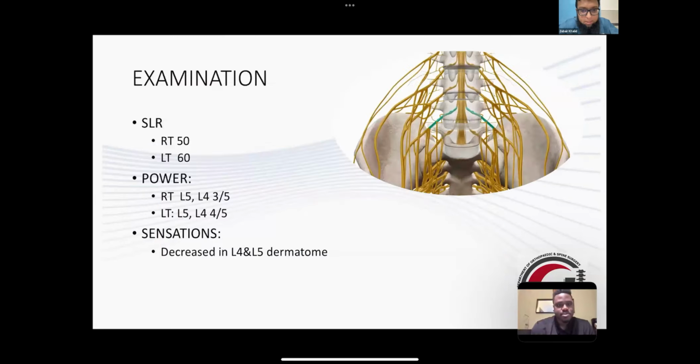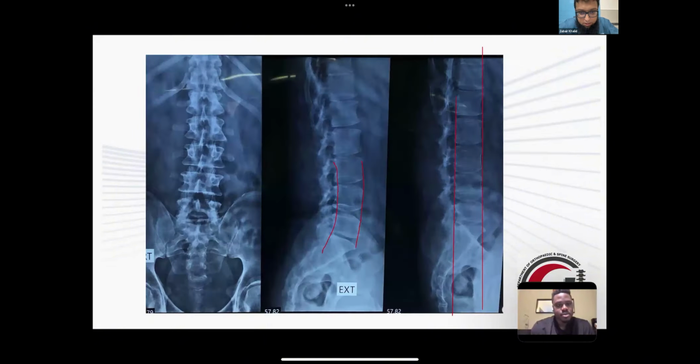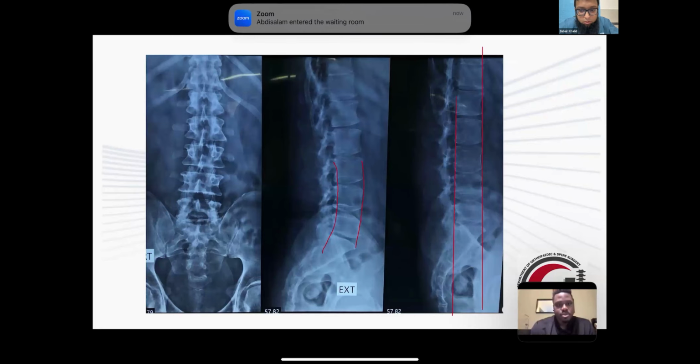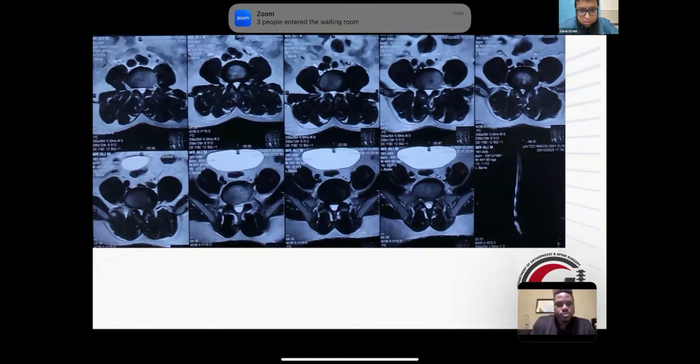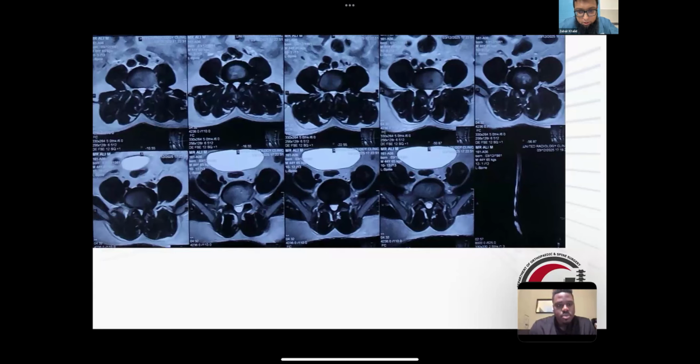One of the main reasons is that this patient has no instability on the dynamic X-rays, and the patient has a history of neurogenic claudication with more prominent symptoms on the right side. If we see the MRI, there is hypertrophic ligamentum flavum pressing at the L4-5 level, and there is more stenosis at the paracentral region and the right L5 foramen. As the patient has no instability, I will not go for any fusion technique.